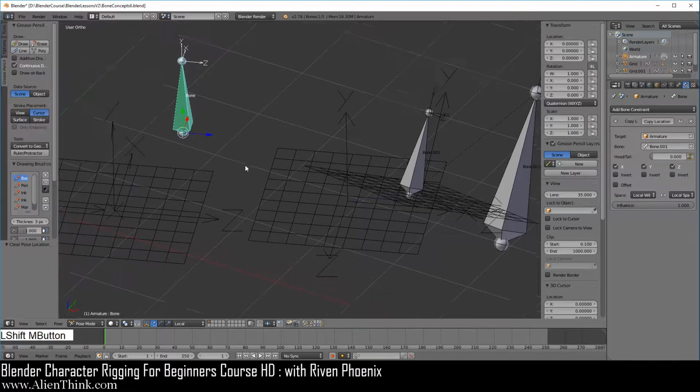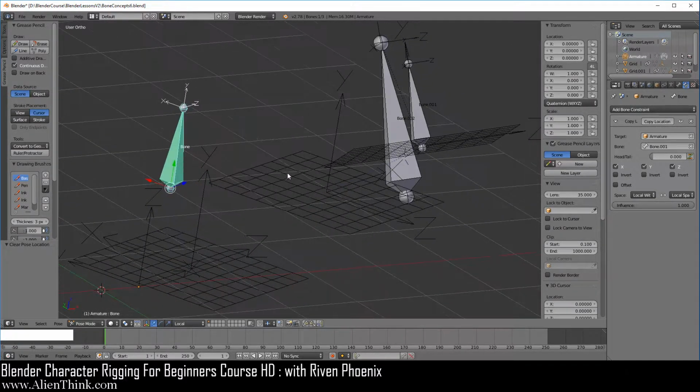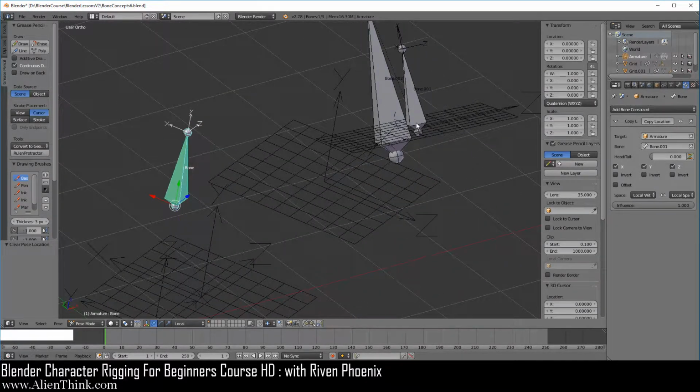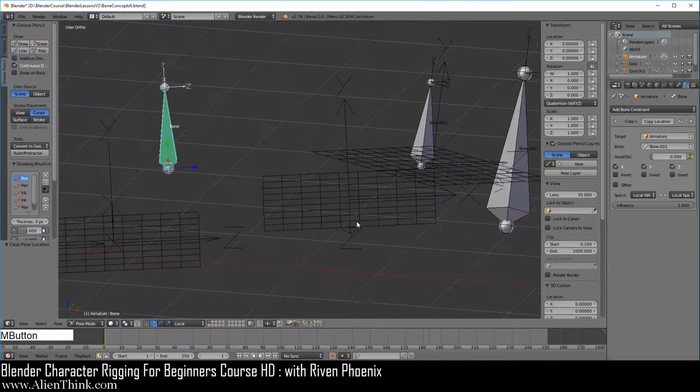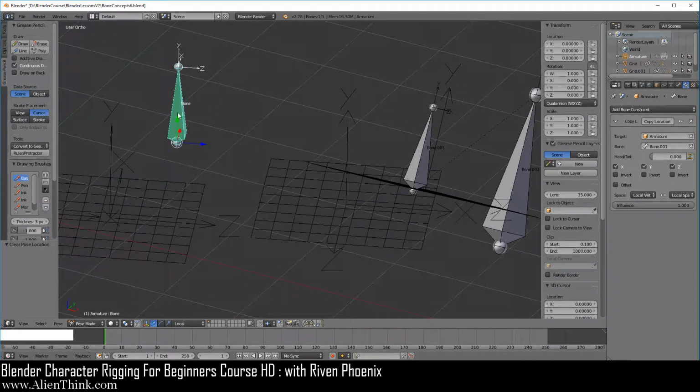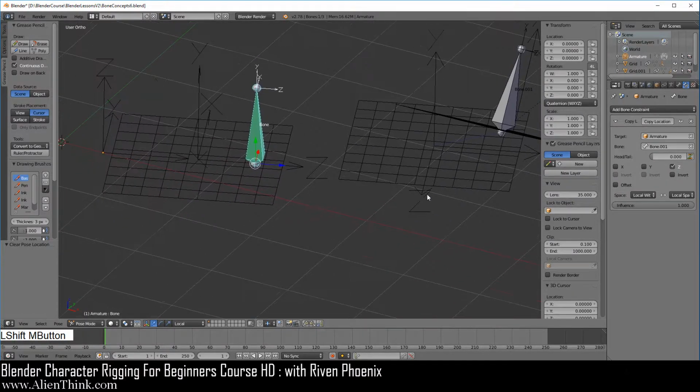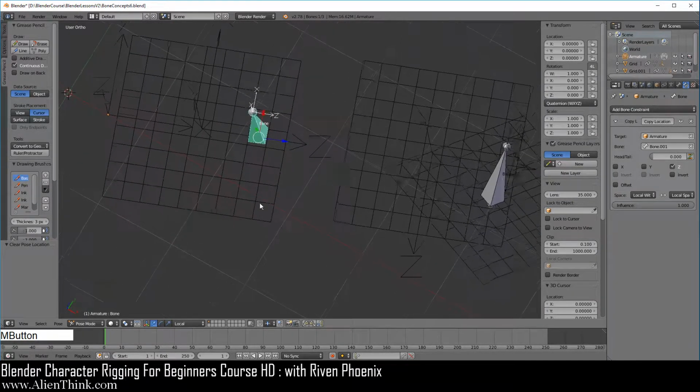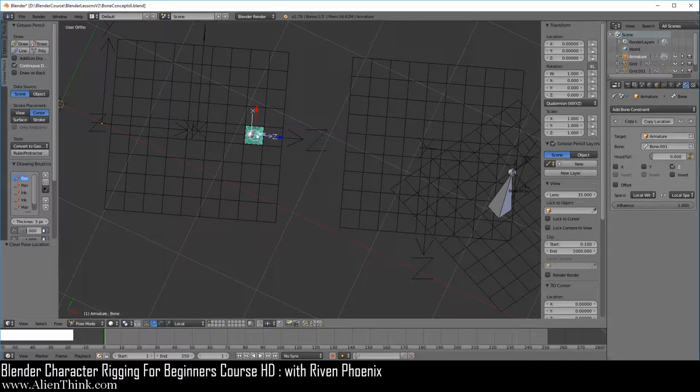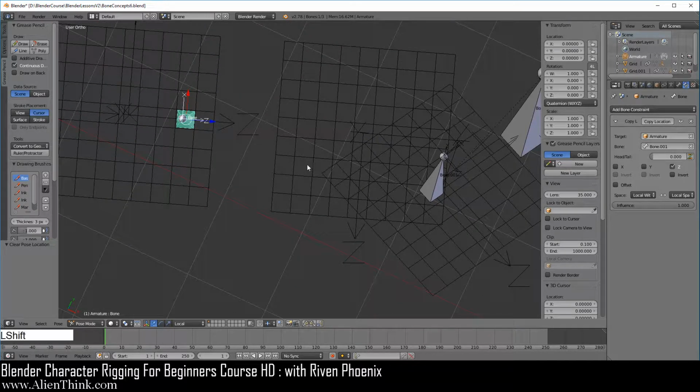What exactly is going on? Because this doesn't seem to match what's going on over here. Now to understand this, having this bone selected, you have to turn all of these off. Okay, now first I want you to click on Z. Notice that this bone has moved along Z to the right on its local. Okay, so where did it get this information from?